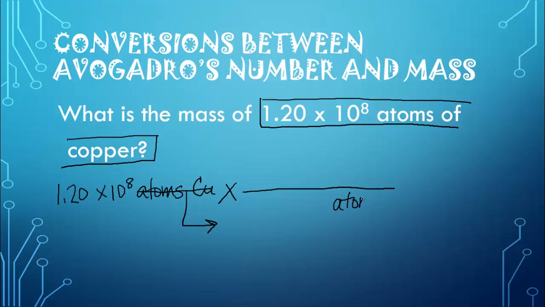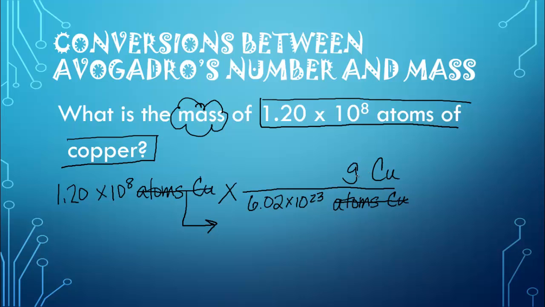So we have atoms of copper, adding to that on top what we want to find, which is mass, and mass is in grams, so we want to get to grams of copper. Atoms of copper will cancel, but we need the number. We don't cancel the number. And grams of copper we put on top,